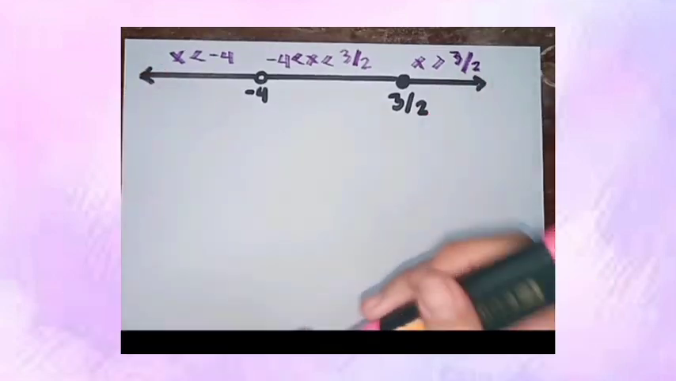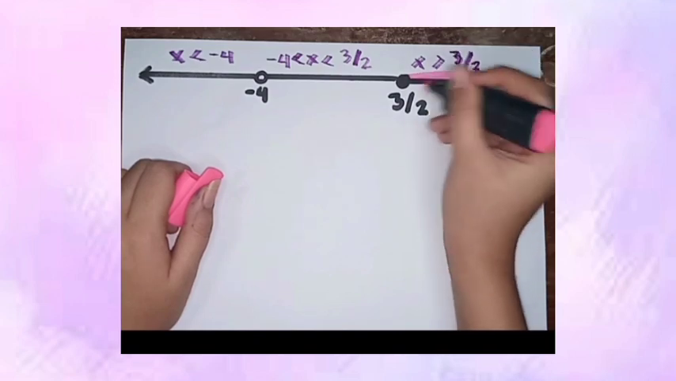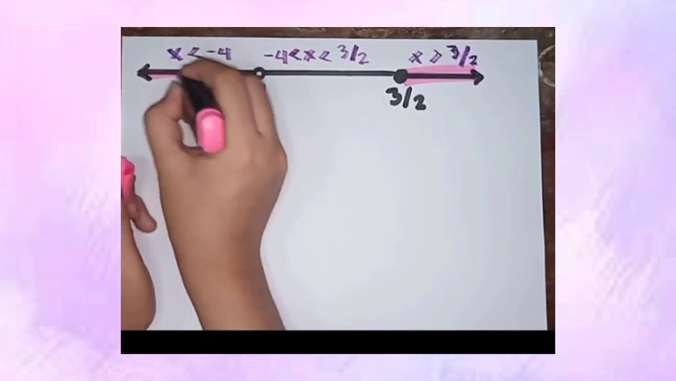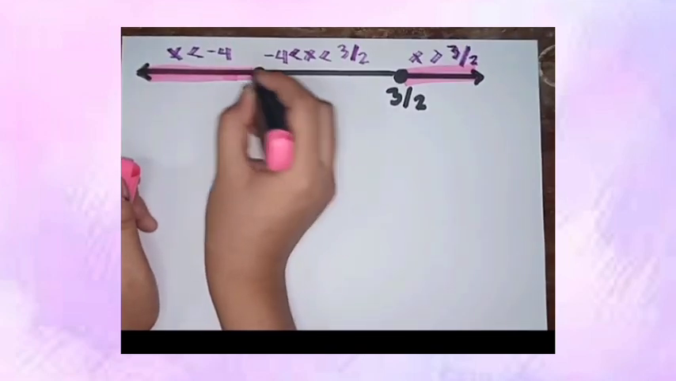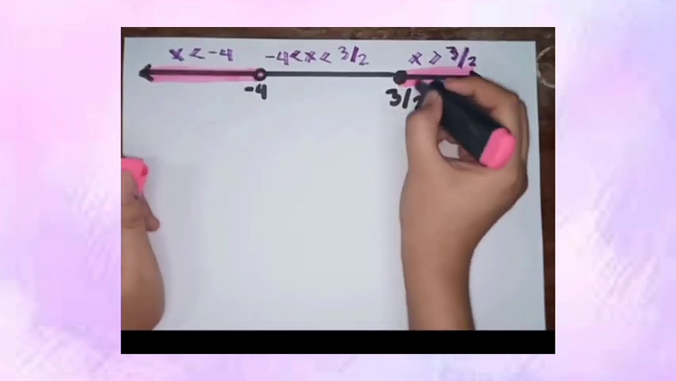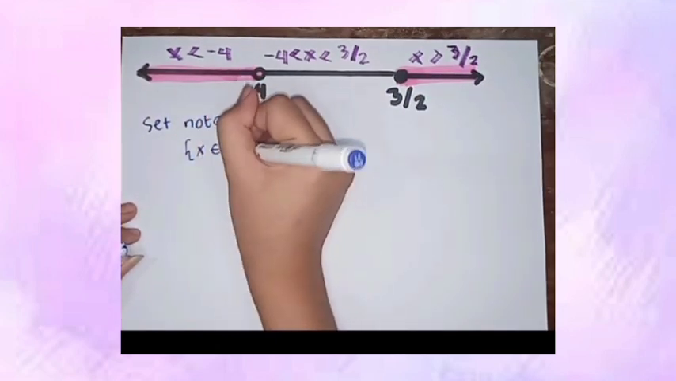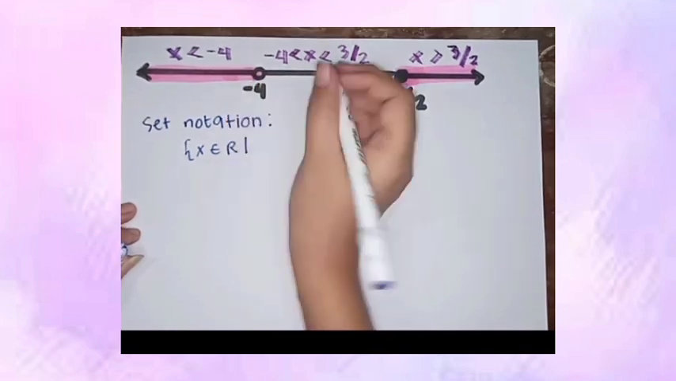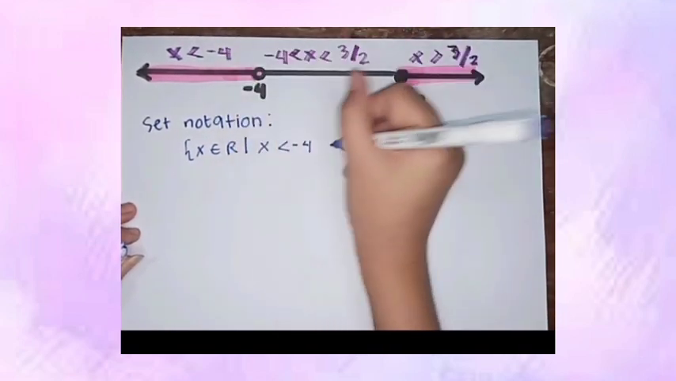Back to our number line. Again, the interval x is greater than 3 over 2 is part of the solution, and x is less than -4 is also part of the solution. So how do we write this? So for set notation, we have x is all real numbers, x is less than -4, or